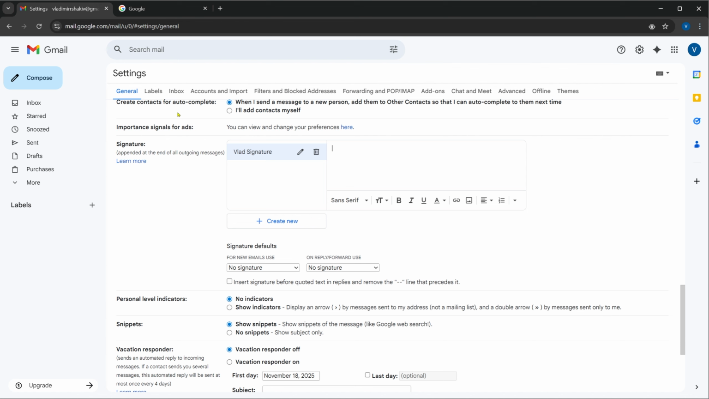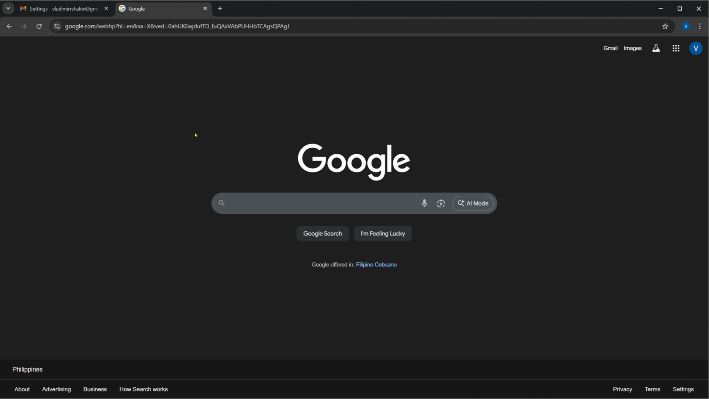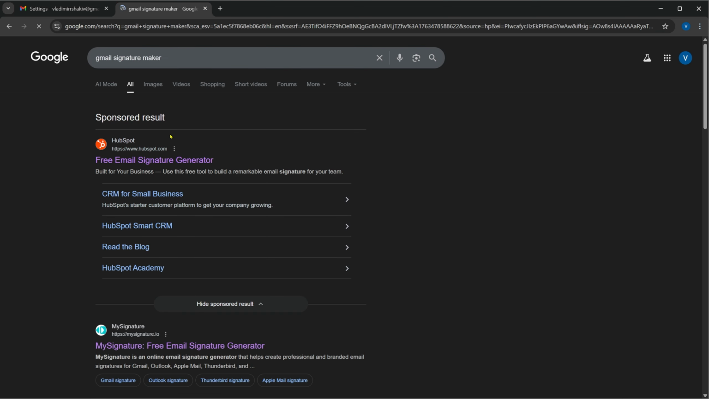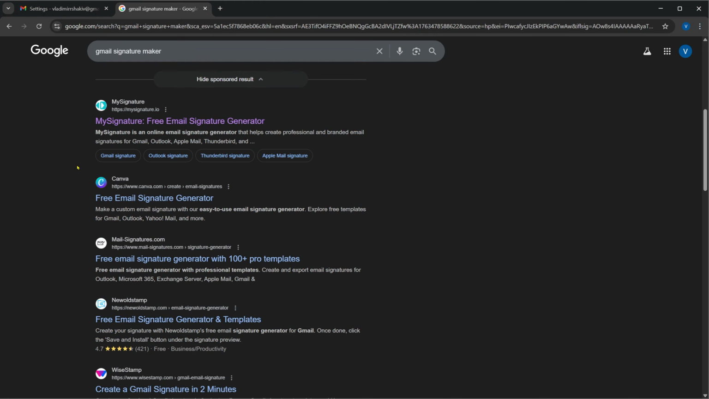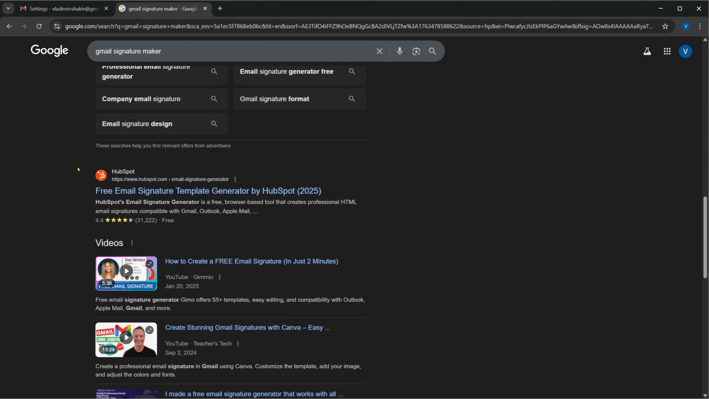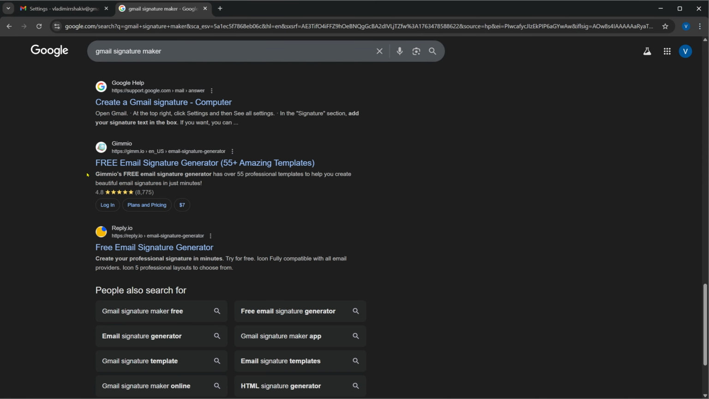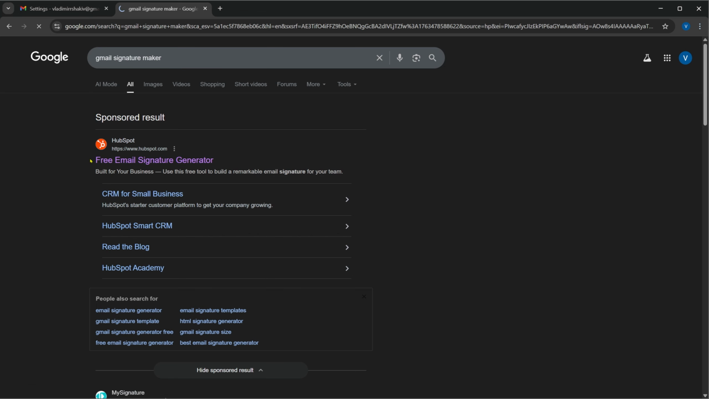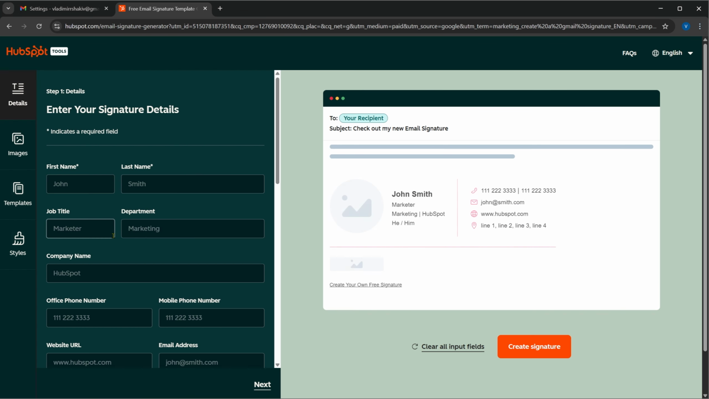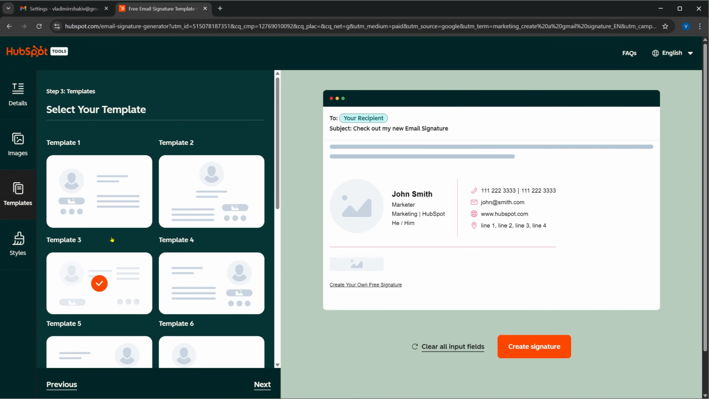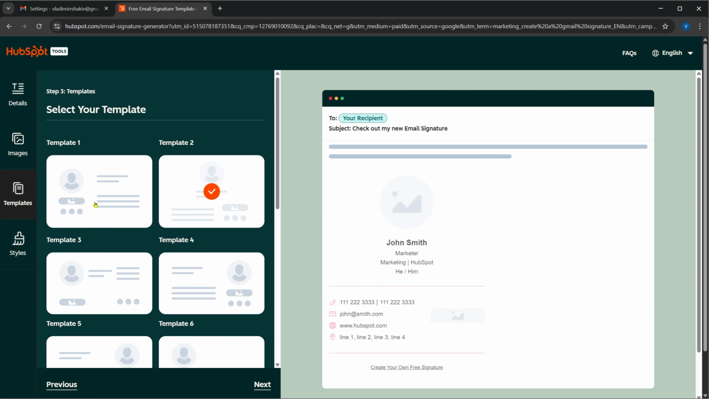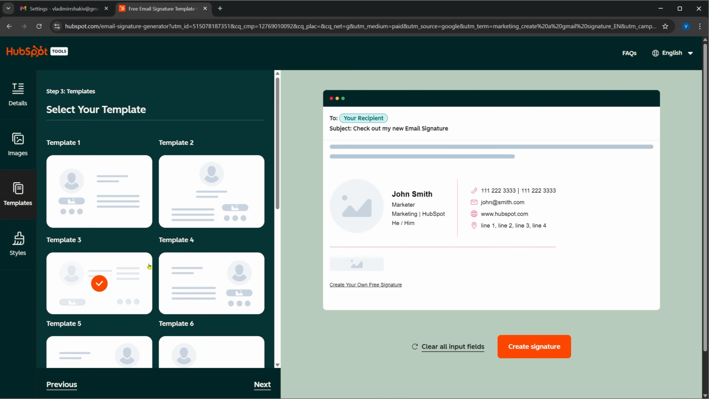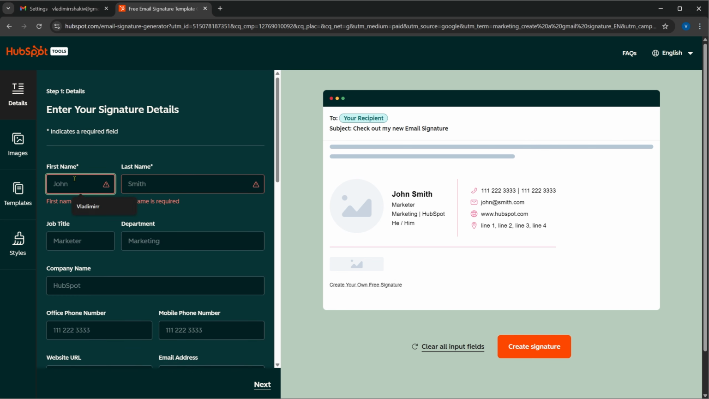If, for example, you don't have a template, you can head over to Google and find any signature maker. There are quite a lot of them, and I'm going to use the one from HubSpot. Click Create my signature, click Templates, and then there are different options. I usually like to be simple, so I'm going to click this one, click Create signature, and